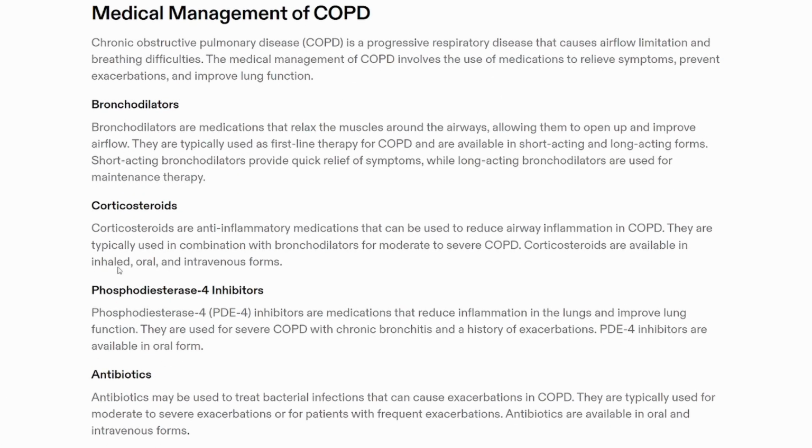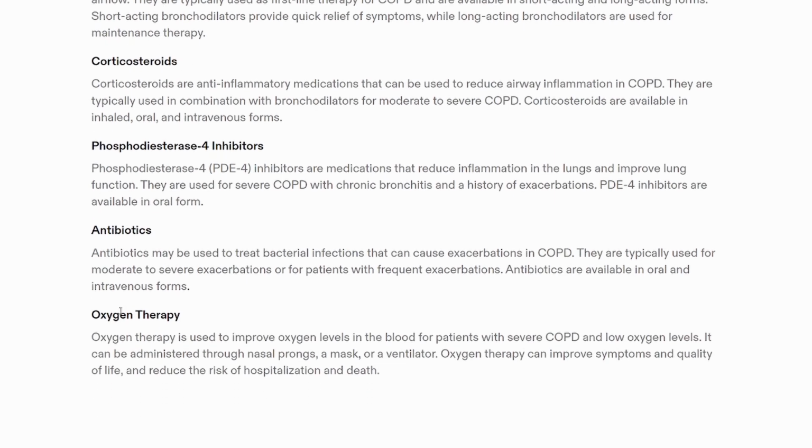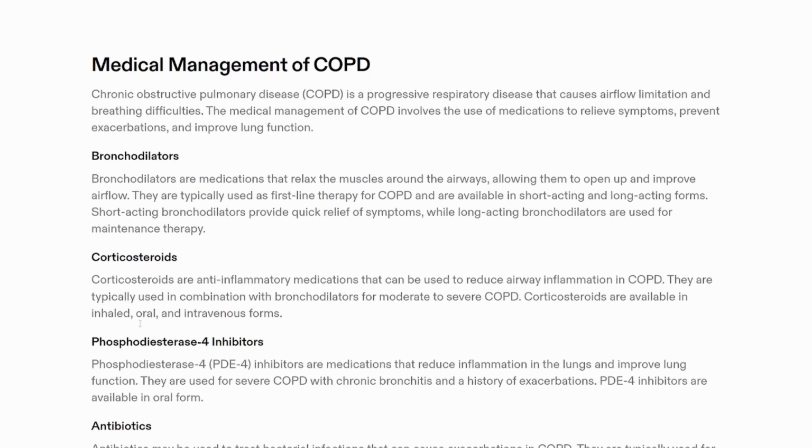The main things we can use in COPD are bronchodilators, corticosteroids, phosphodiesterase 4 inhibitors, antibiotics and oxygen therapy. Bronchodilators help to relax the muscles surrounding the airways, thus opening up and improving the airflow. They are the first line therapy in COPD. There are short acting and long acting bronchodilators. Short acting ones give quick relief of symptoms, whereas